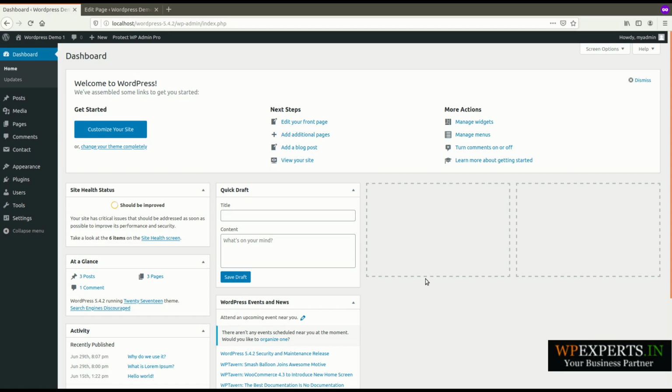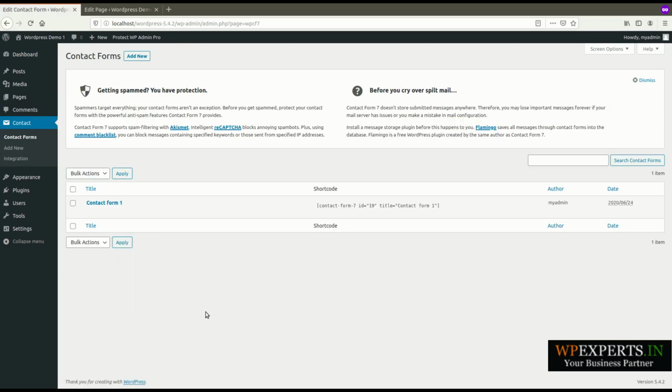The main problem with this plugin is the email spam issue, so let me describe the functionality of our plugin, and how you can stop the email spam issue with Contact Form 7 using our Spam Killer plugin. As you can see, I have already installed Contact Form 7 and this is the shortcode.